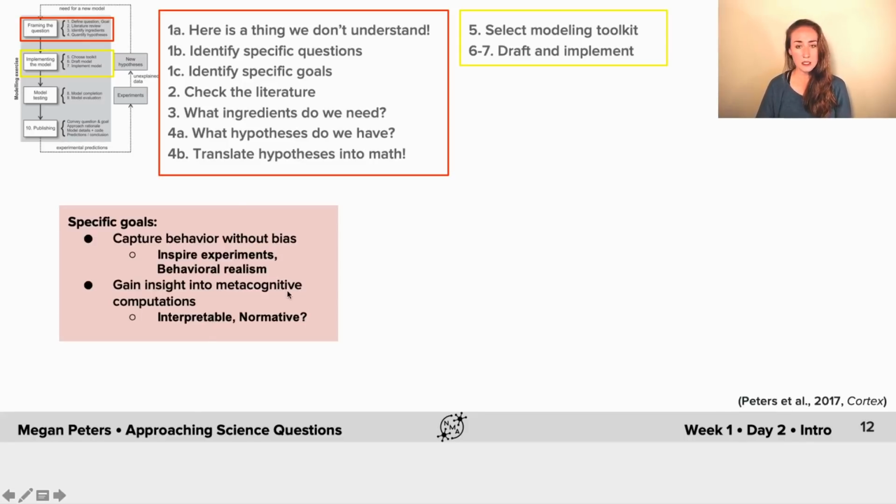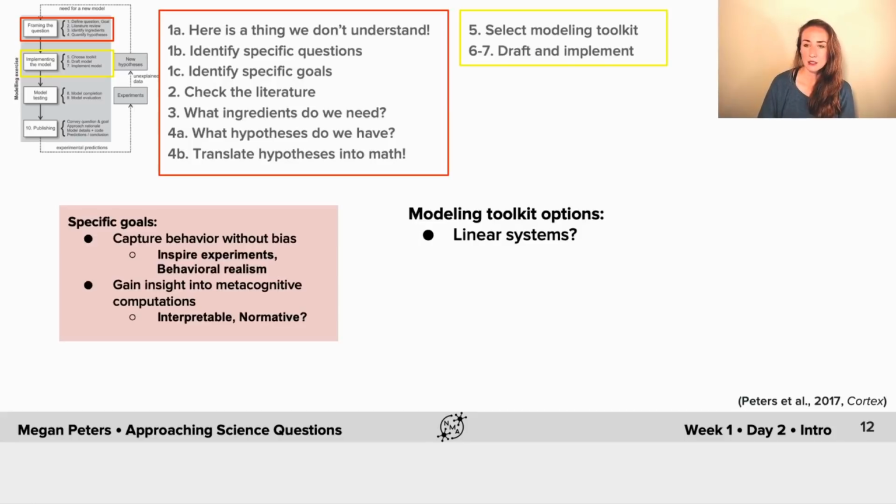So keeping in mind these goals, let's pick a couple from the next few weeks and see how they might actually work. So the first one that we thought maybe we could potentially use would be linear systems. Okay, so linear systems, well, they're not really about probability. So they don't really explicitly include noise. And we saw that the behavior was stochastic, it was variable, it was noisy. So that really can't be a good toolkit to use to answer these questions. Here's another one that I mentioned previously. So what about optimal control theory?